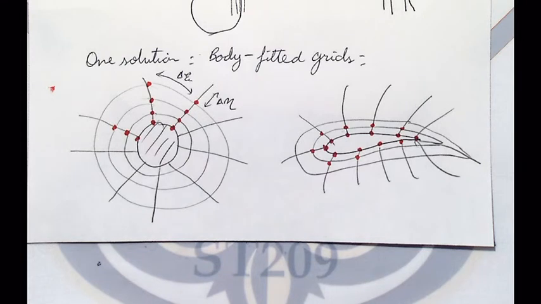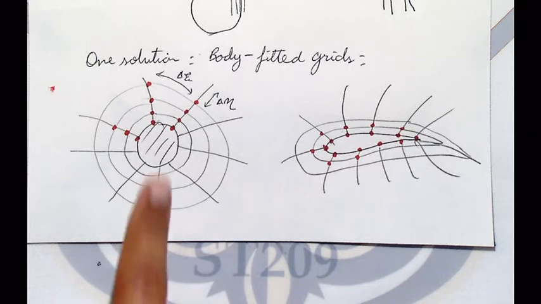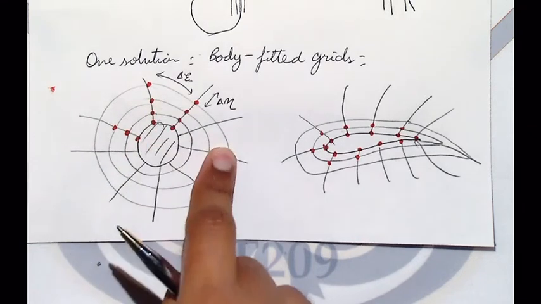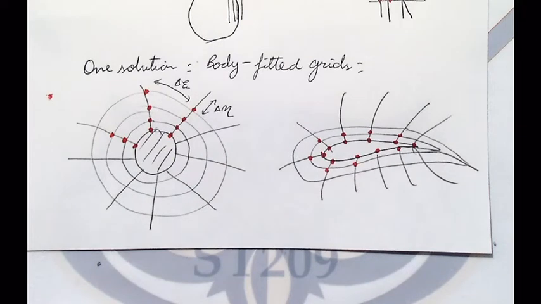So all our problems are solved, and we can always use body-fitted grids, right? But we have to transform the equations as well. Yeah, that's true. All our equations are written in x and y. Now they have to be transformed to c and eta. But we can do that, and once we do that, it's done.